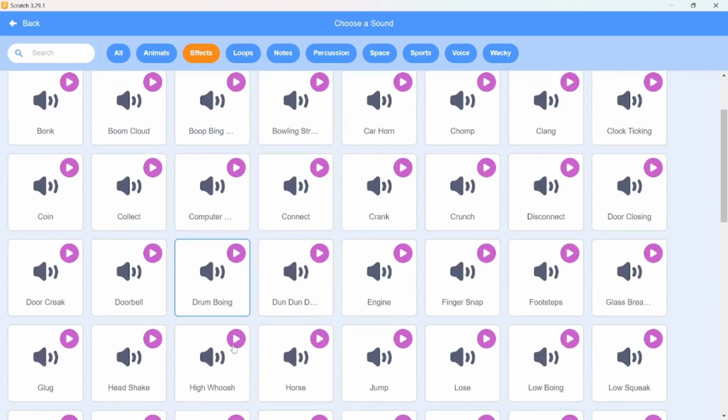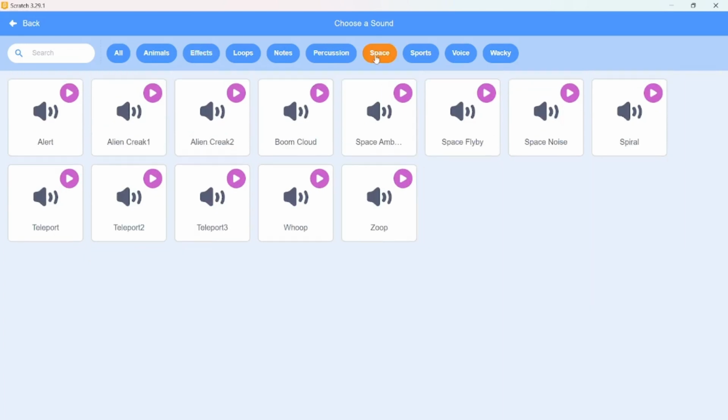Here space is also available. You can just check in space. This one is quite okay. We can just add it. Or you can try some other one as well. See, the sound you like, you can just add it.